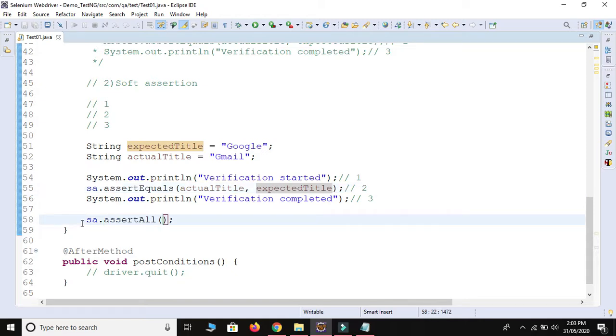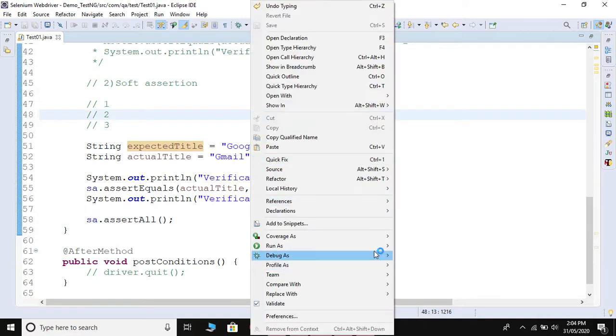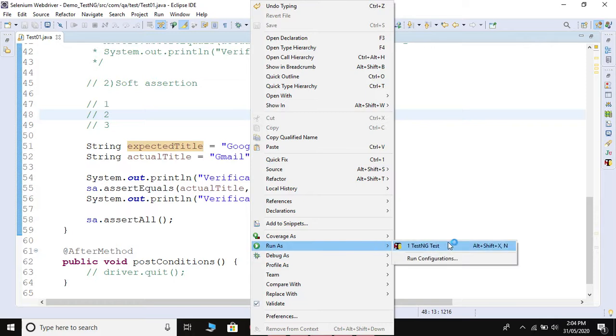It is better to use this method just before closing your bracket. Just press Ctrl Shift F and Ctrl S. Let me run this soft assertion. Just click Run As TestNG.